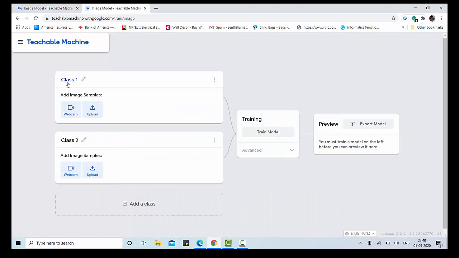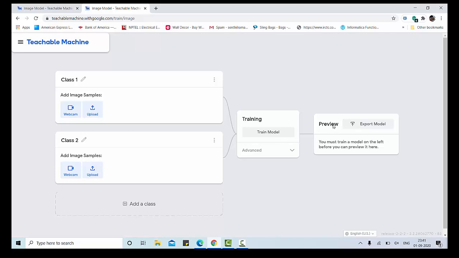The primary step in image classification is collecting data. You can collect data, as I mentioned earlier, from a webcam or upload data from a file or Google Drive. You can collect samples for different classes of data, say for example class 1, class 2. You can also add class 3 by clicking this. Then after collecting the samples, this is the model created by Google for Teachable Machine. We have to train this model with our samples in order to get a very good classification rate.